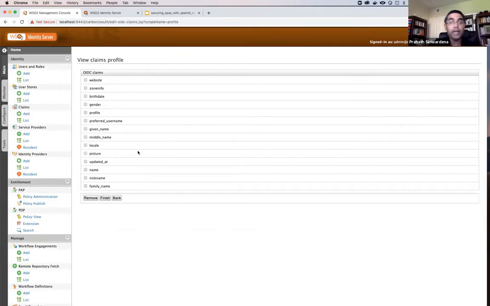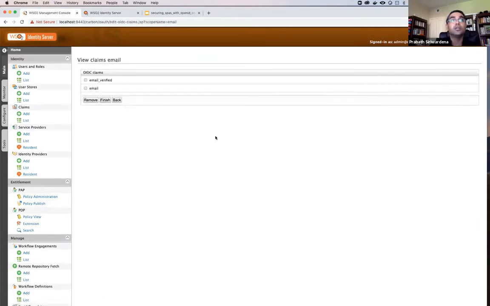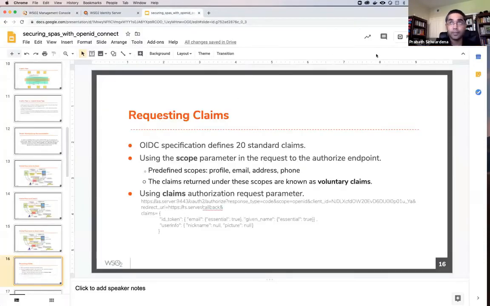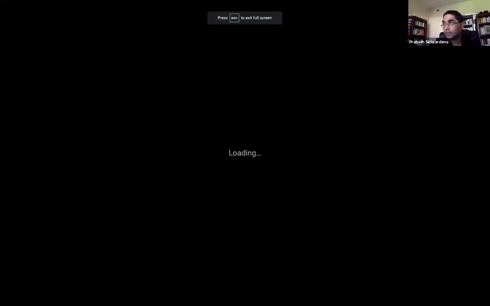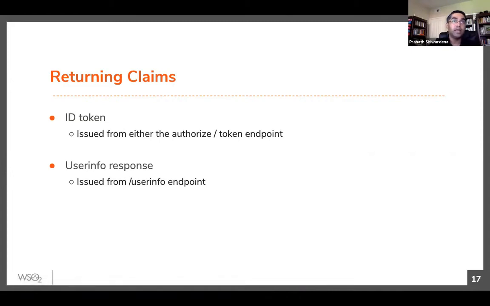But if you want to add anything in addition to this, we can do that. It's implementation specific, and then this will be bound to the profile scope. Same for email. This one has 2 claims associated with it, and if you want, you can add additional claims as well. We already discussed how to return these claims either through the ID token or through the user info response.